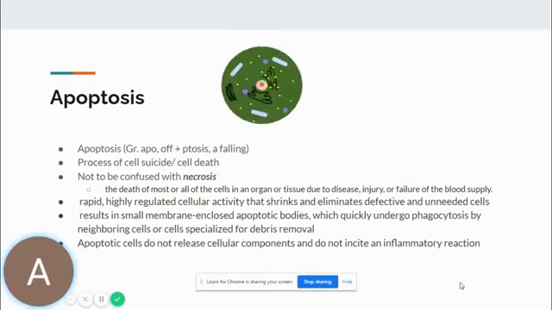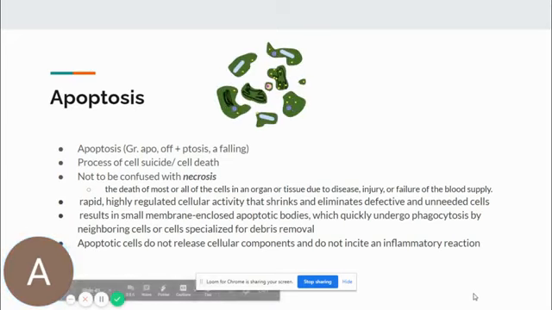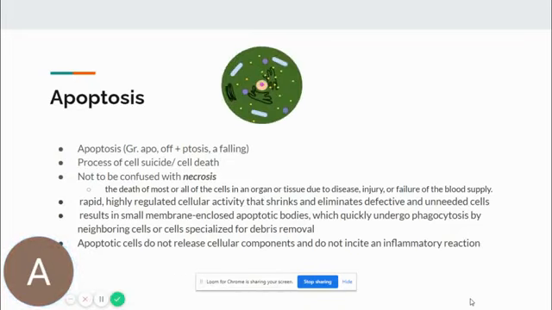A lot of reasons, but one is usually that the cell is no longer fit for reproduction. Either too many DNA mutations have accumulated, or there are not enough resources for the cell to continue its life cycle. And importantly, apoptosis is not to be confused with necrosis, which is death of all or most of the cells